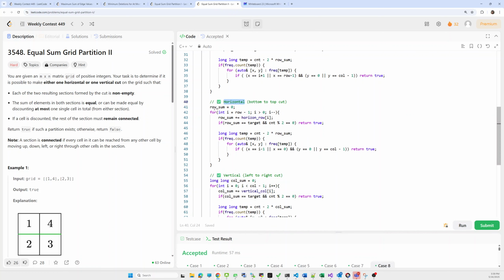So similarly, we initialize the row sum, check from the last row to the first row, and while checking, update the sum and check whether it is able to achieve the target. If it is, then we check whether the grid is able to split in two parts without discontinuing any element. If it is, then return true.